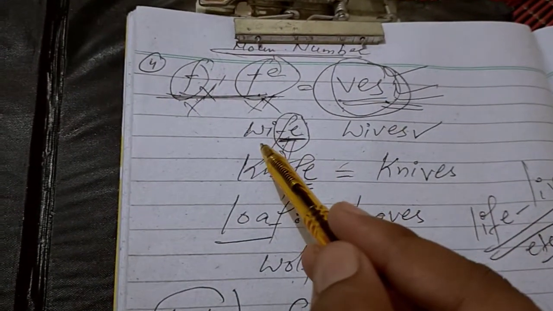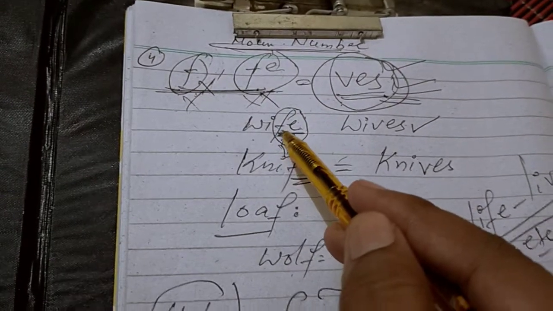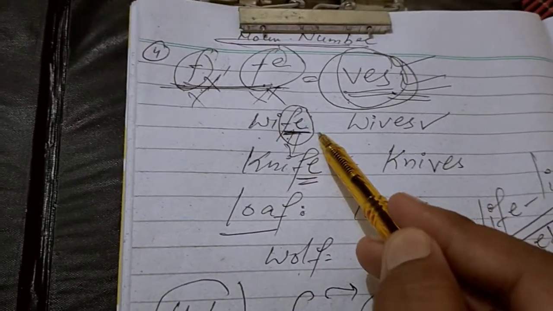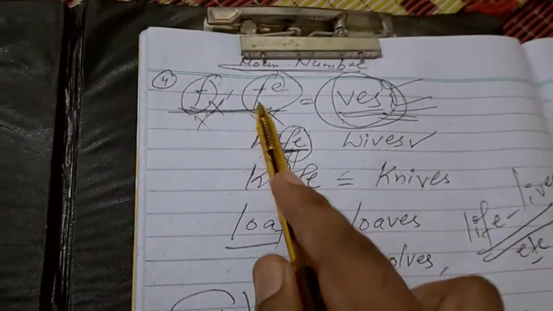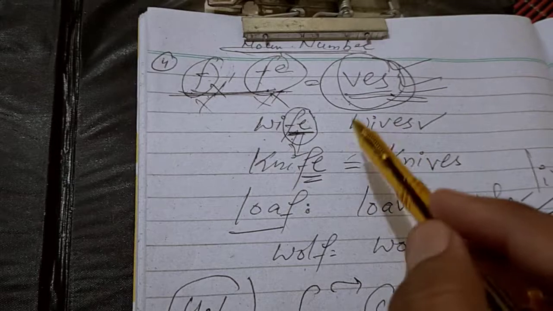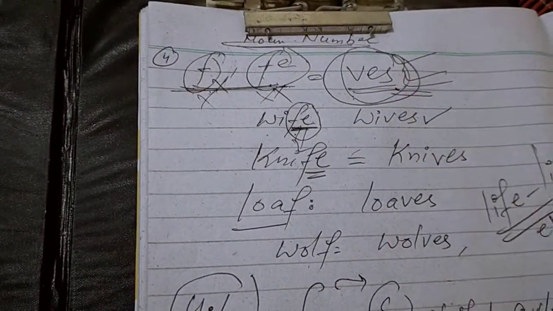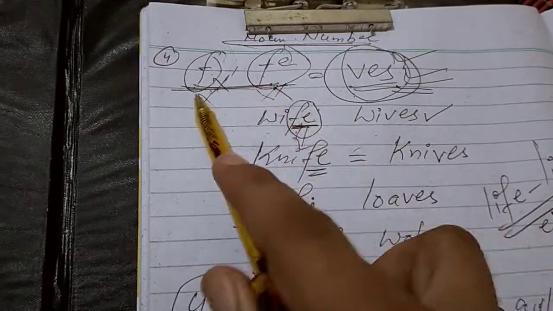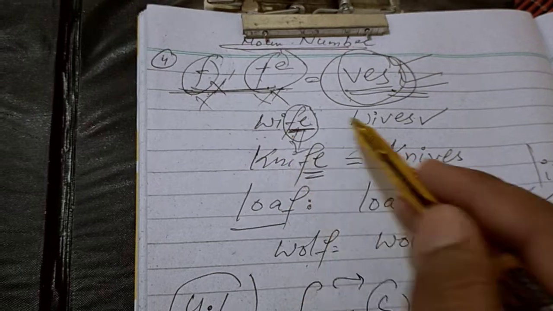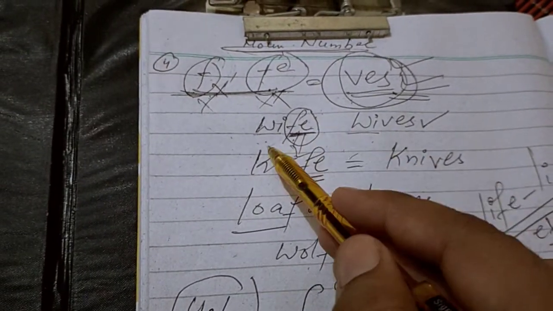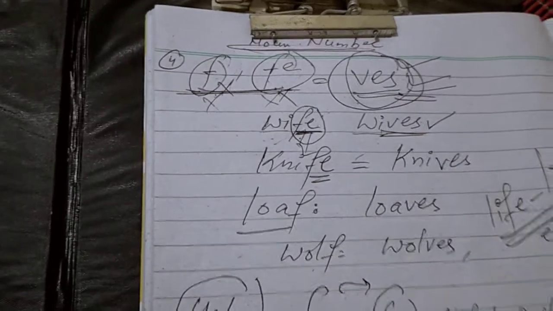Let's look at the word wife. The word wife ends in the letters fe. So as the rule says, for nouns which end in fe, to make them plural you remove fe or f and add ves. So we remove fe here, and wi remains the same. We have removed fe and added only ves. So this is how we have done it.